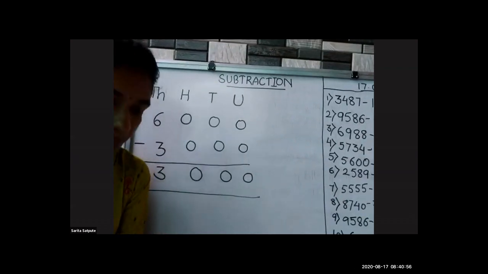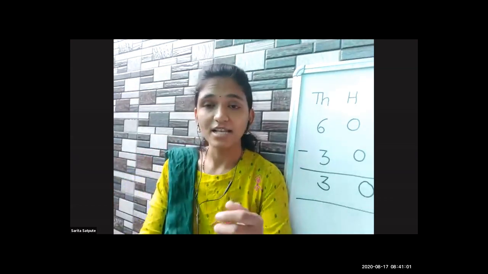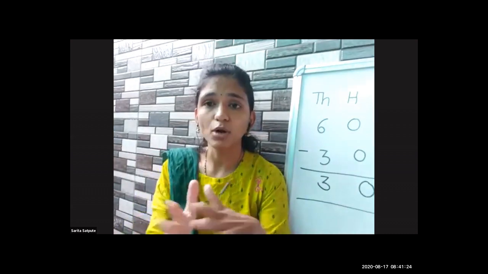Now I think the way you are giving the answer, the topic is quite clear to you all. So after finishing this lesson, I'm going to send one worksheet for you all. In that worksheet, your subtraction questions are there, and that is your assignment. You are going to solve it at home and send it on our WhatsApp group. So, is there any doubt to our students? Any doubt that you are confused with zero numbers, or when one number is 4 digits and the other is 3 digits?